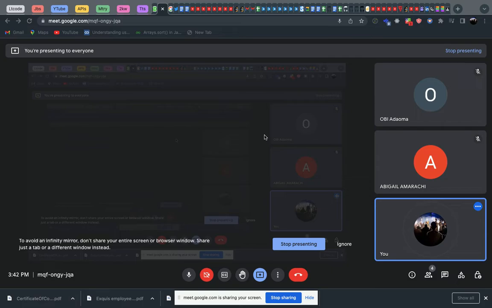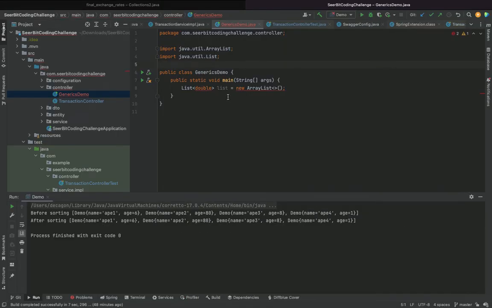Okay, so the thing here is this particular thing that we specify here, it has to be a class. And when I say class, it has to be a type of, it has to be an object defined in Java. So Integer is an object defined in Java. Double is an object defined in Java. Float is an object defined in Java.